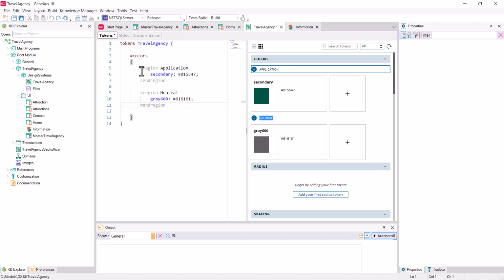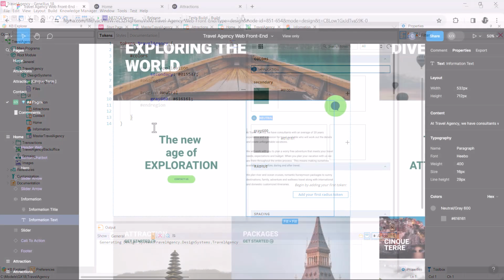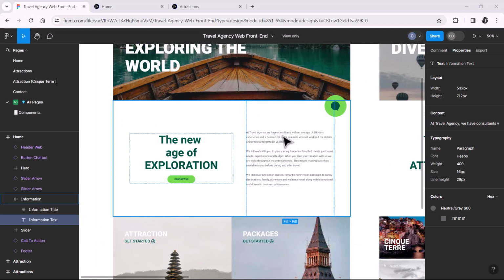Let's save. Here also, we see that it's possible to collapse and expand the region. And the same will be true for the Styles tab. We'll see it later. Now let's look for the CSS properties of the paragraph. If we copy them from here directly,